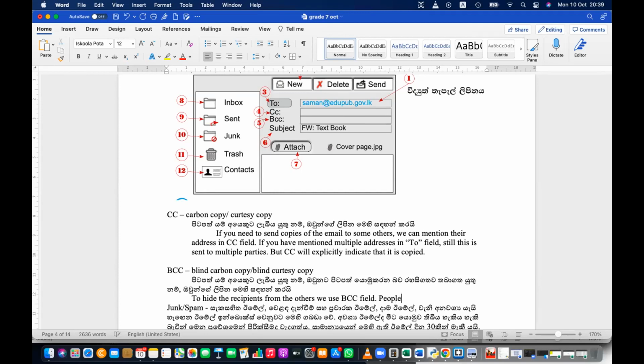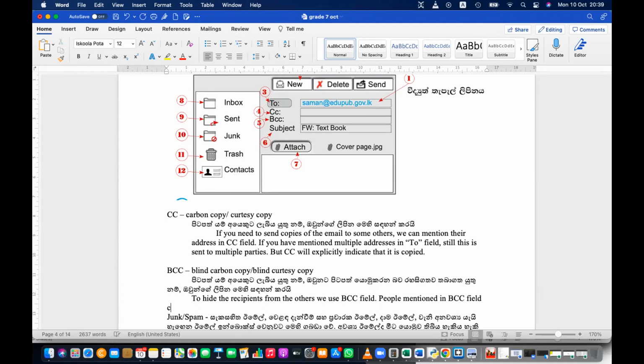People in the To field can see the CC and To field addresses, but To field people and CC field people cannot see BCC addresses.